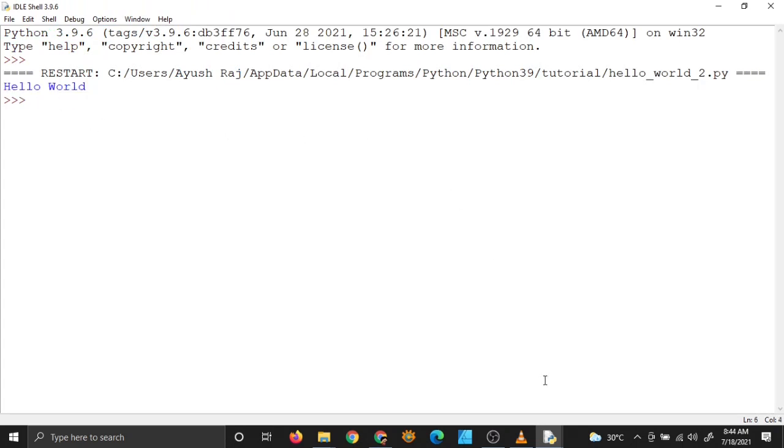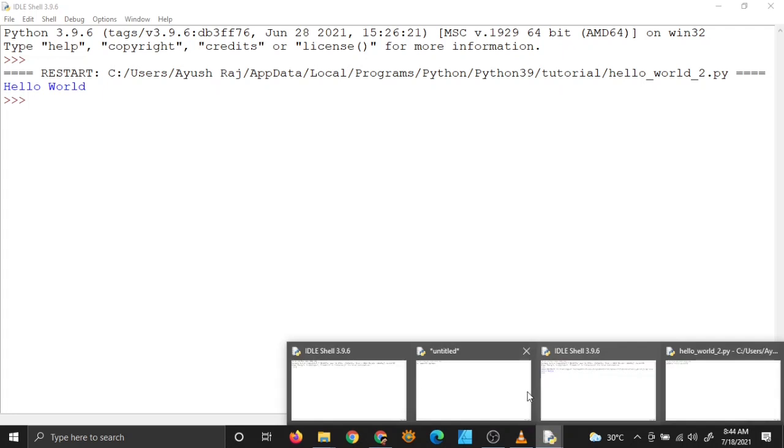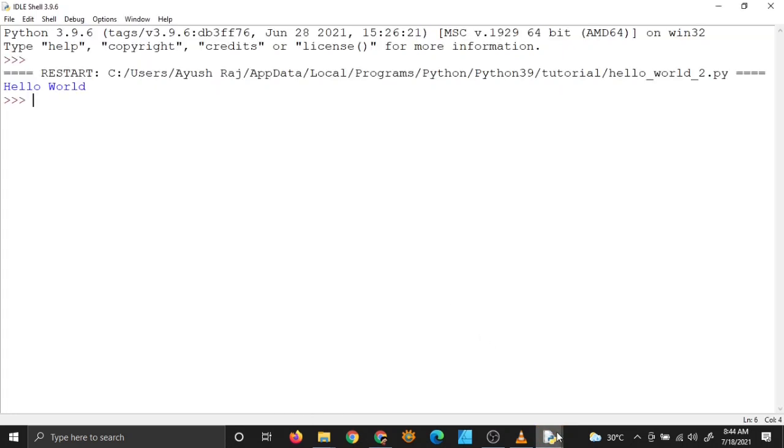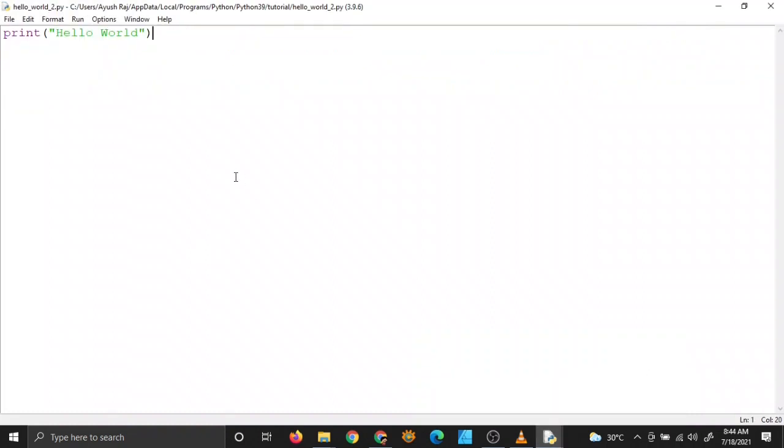So okay, we have run our first program. We saw what are strings. Well, strings are a set of characters which are written inside double quotes, and we printed this string on the console, right? So now let's see how to create variables in Python. It is very simple. You don't have to specify the type of the variable. You can just write a is equal to 5 and you have declared your variable.